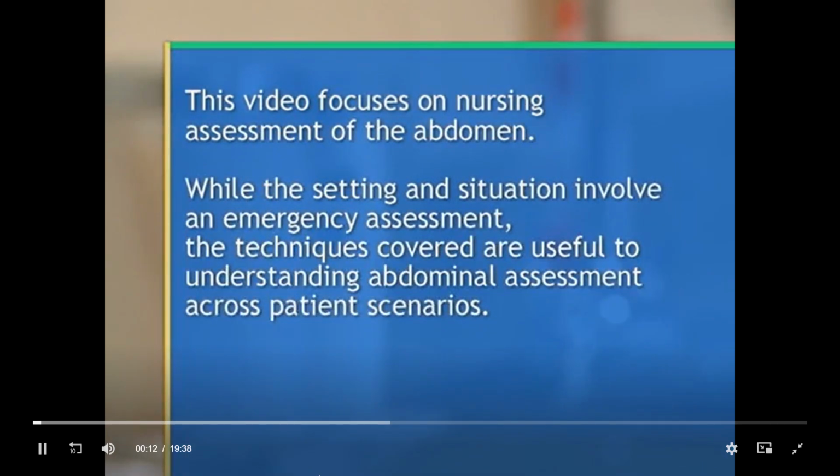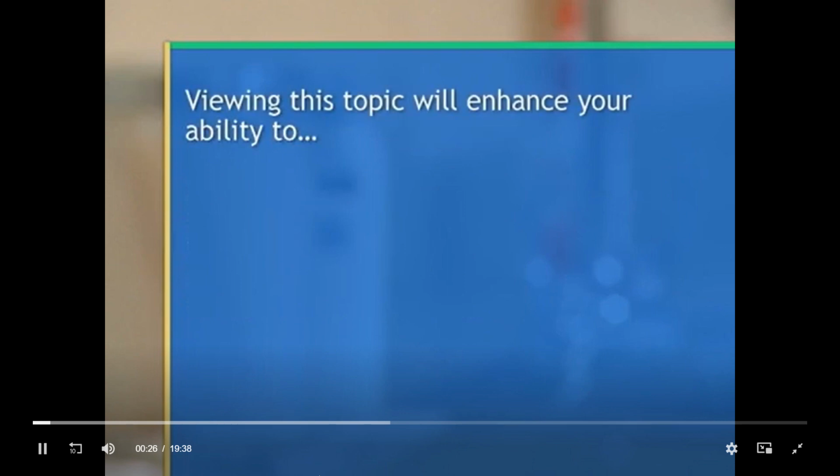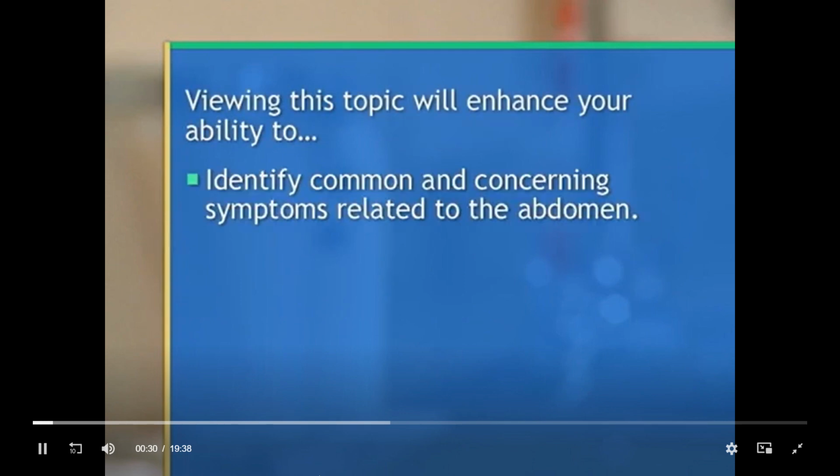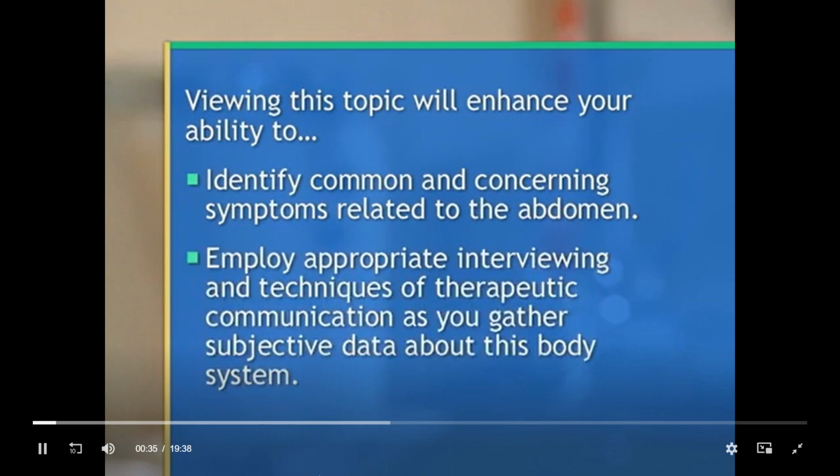This video focuses on nursing assessment of the abdomen. While the setting and situation involve an emergency assessment, the techniques covered are useful to understanding abdominal assessment across patient scenarios. Viewing this topic will enhance your ability to identify common and concerning symptoms related to the abdomen,